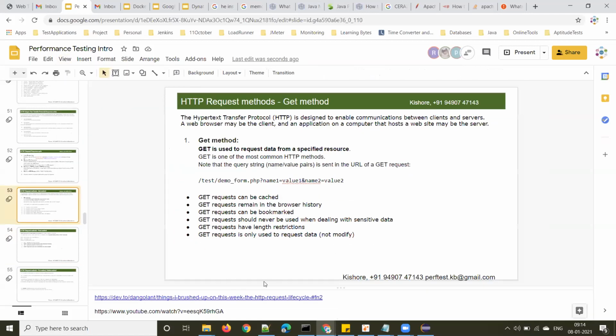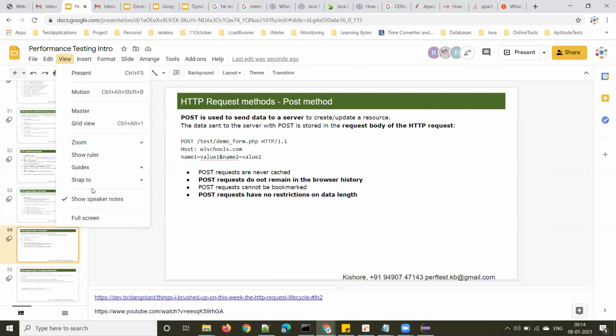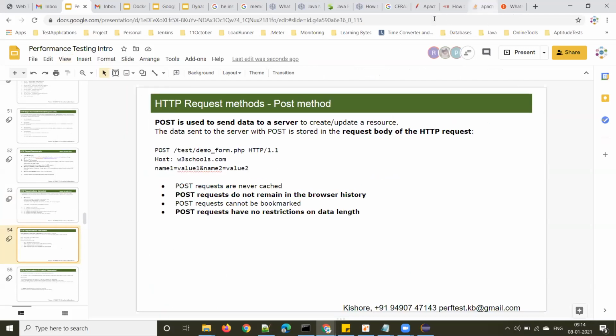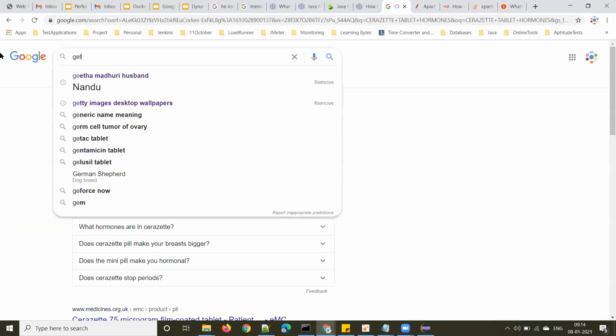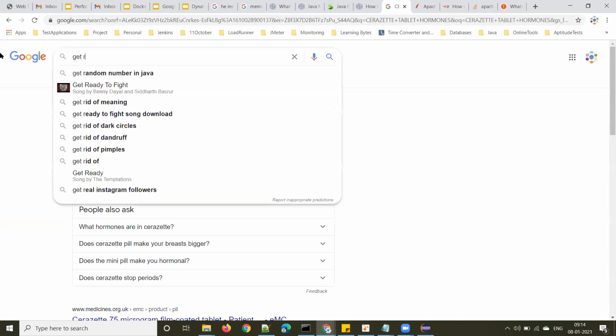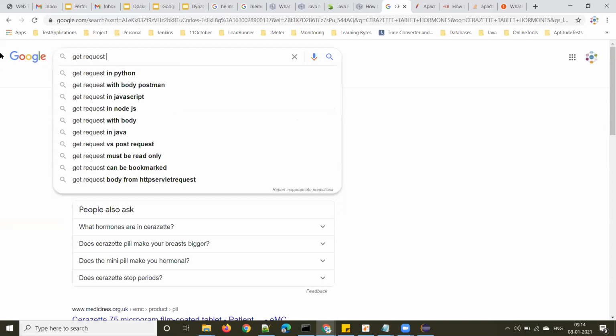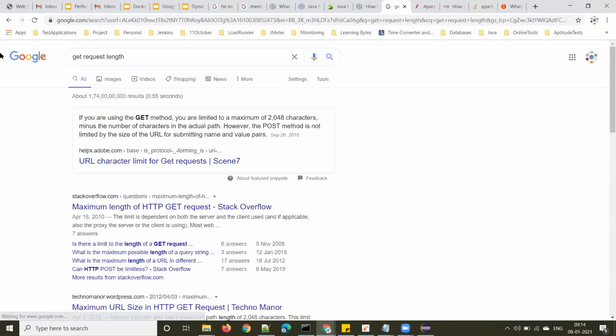Okay, let me check. Yeah. So now you can send only 2048 characters in a get request.